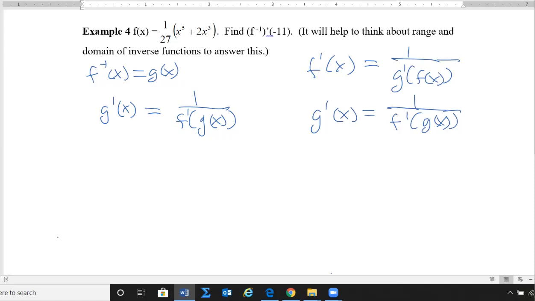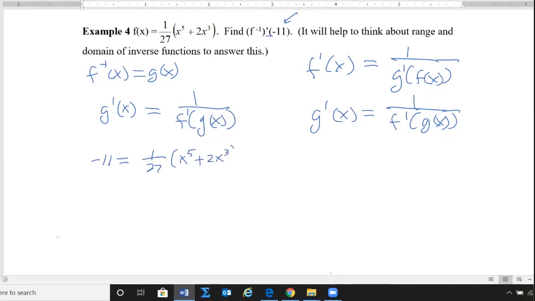we can find f prime, and if we knew the x value associated with the negative 11 y value, then we could compute it. We could just take the reciprocal. So that's really our problem. We want to know what value of x causes a negative 11, because that value of x is going to be the inverse value